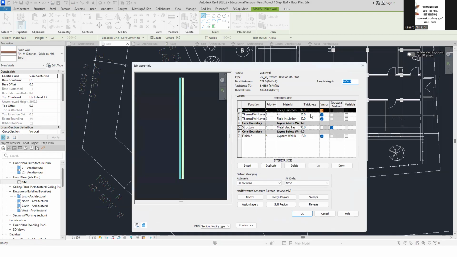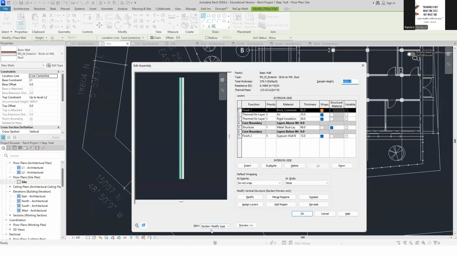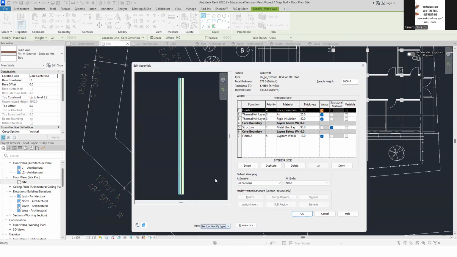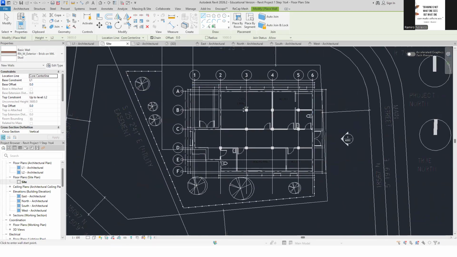You add the values based on your wall information. You have a preview of the plan or the section, how it's going to look like. Okay. We went around and added the walls, making sure the location line is at the core center line.